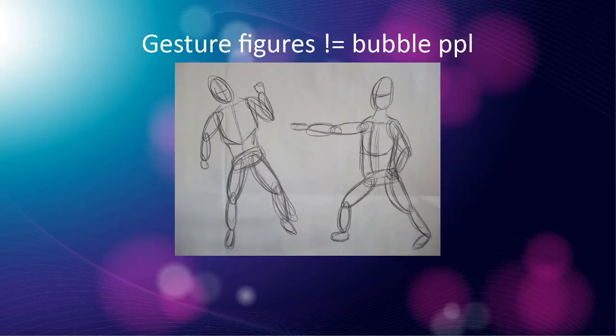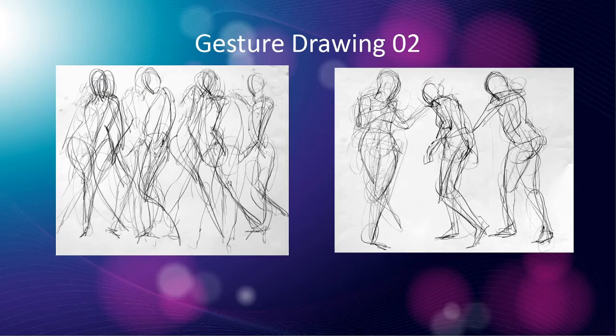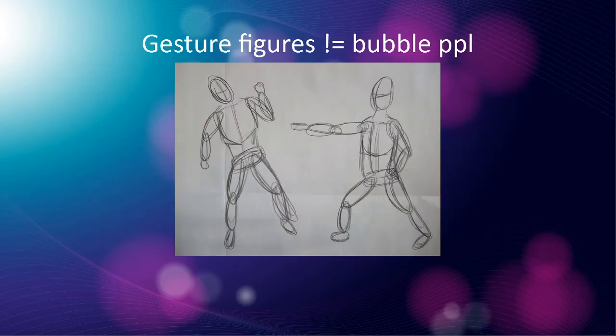I'd like to point out that gesture drawing is not bubble people. It's easy to fall into that trap where you're like, oh, this is the thigh. I'll draw an oval here for the thigh. And you can obviously tell the difference between these types of drawings where you're looking at the character and drawing the movement and the lines of the thigh this way and the thigh that way, as opposed to, oh, it's a thigh, and I know what a thigh looks like, and so I'm going to draw a bubble here, an oval here.